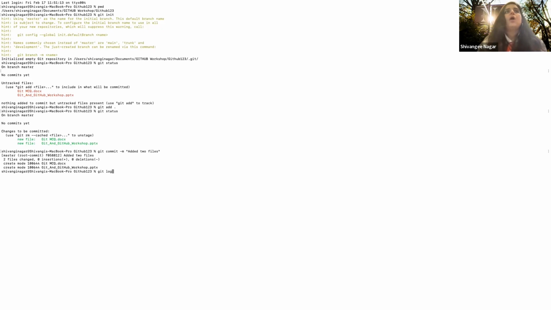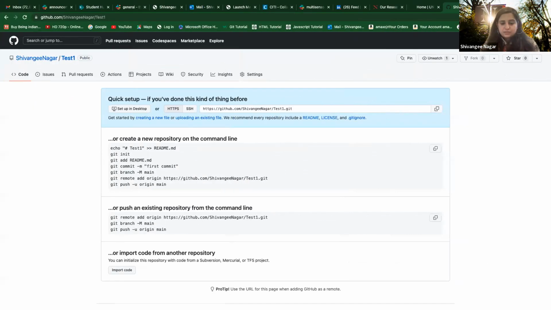I just want to do git log. It's a very important command because it shows you the Git history, your commit history. So till now, I have only committed once. It also shows me a unique identifier, which you might be using later for something. It shows me when I have committed it, and it also shows me the message that I used for committing this. That's okay.